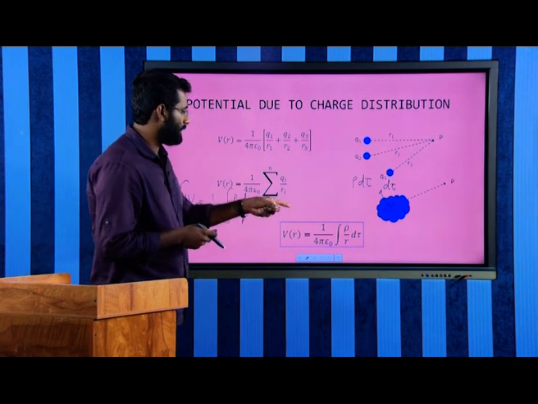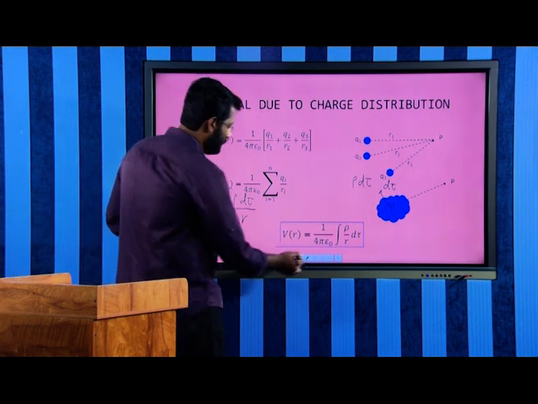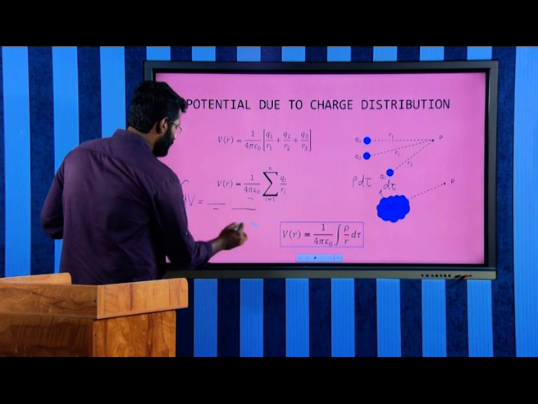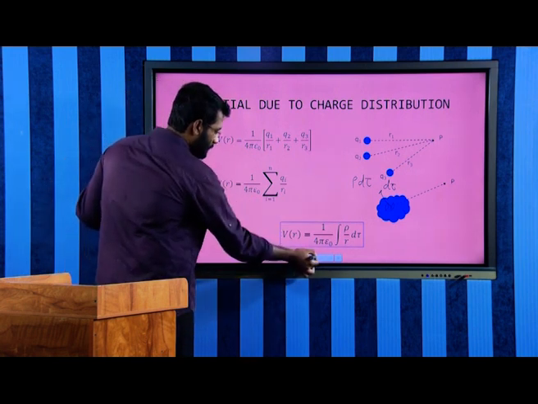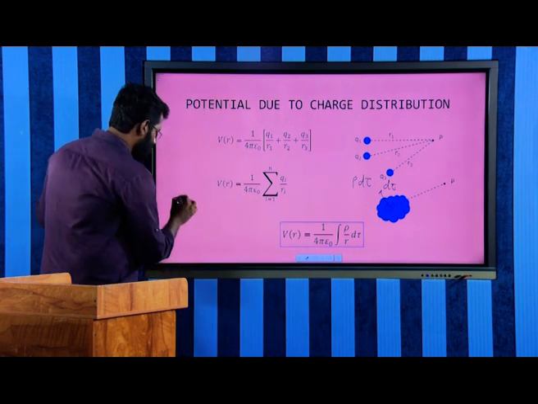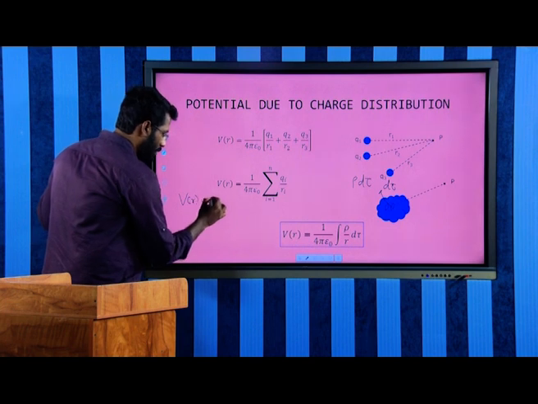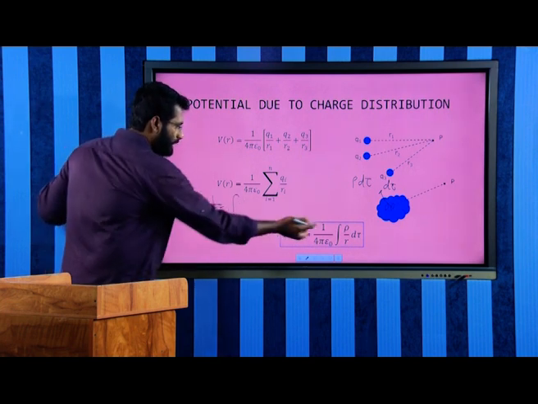Now, this is written for a volume charge distribution, where the charge is distributed over a volume. What if it is distributed over a surface? Then V of r is equal to 1 by 4 pi epsilon 0 integral, here rho d tau